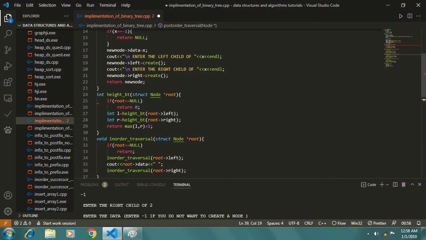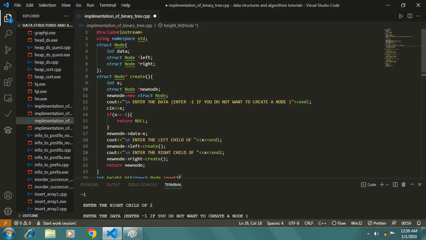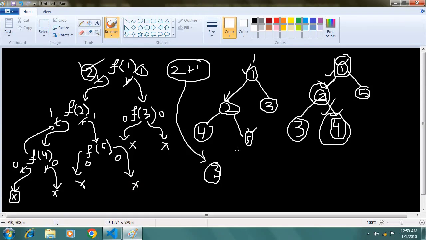So I only need to add one condition here, which is: if there is a null value, or if there is a leaf node, then I will simply return a 0, because I am not considering the height of a leaf node, so automatically one is decremented. And if there are n number of nodes, I know that there are n minus 1 number of edges.